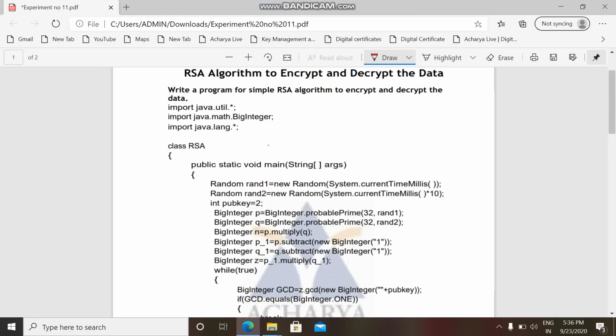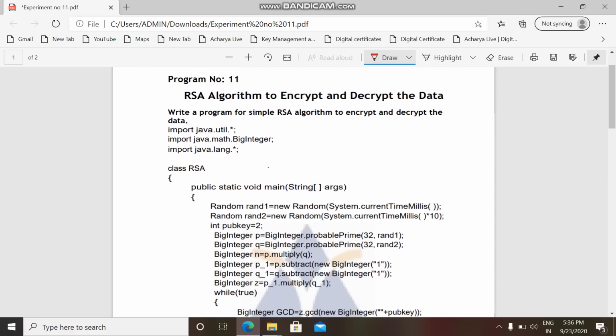Now let us look into the Java code for this RSA algorithm. In this code, we have made use of package import java.math.BigInteger. Here we are making use of a special class called BigInteger, which is defined in this package.